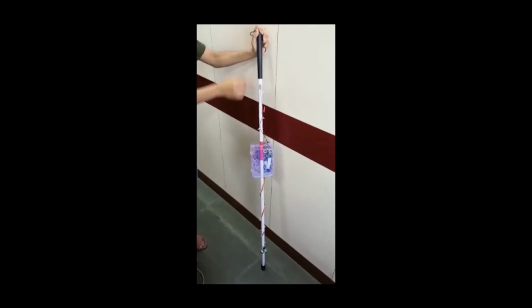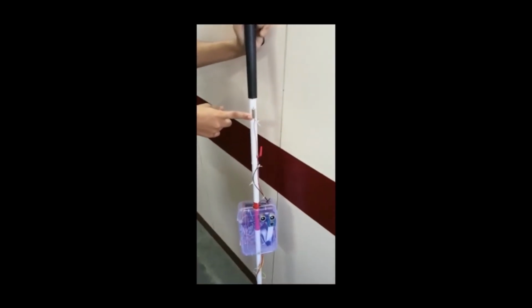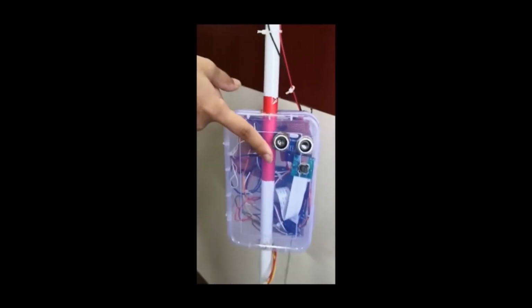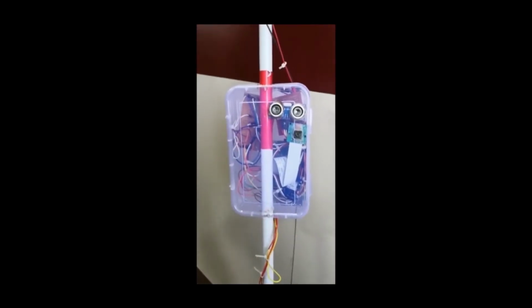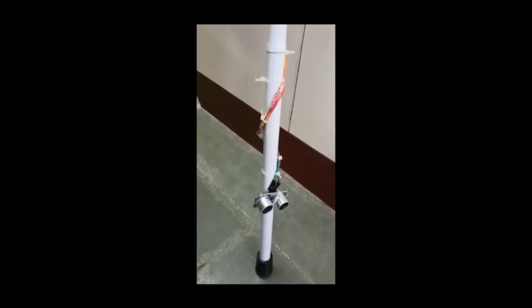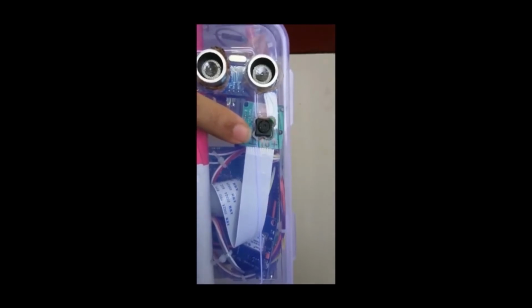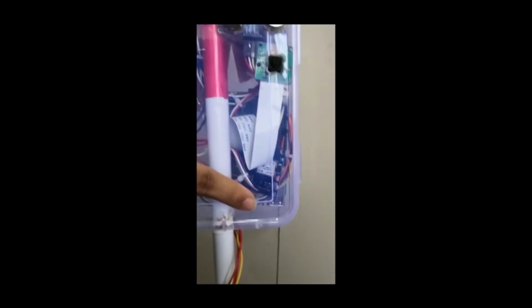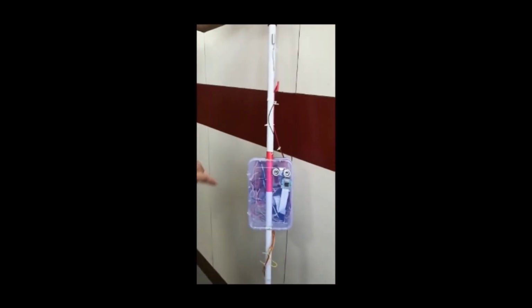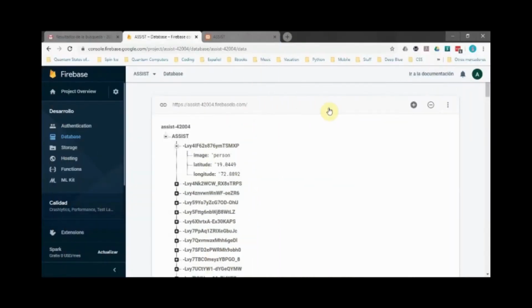So this is the basic design of our smart blind stick. At the top is the vibration motor that will vibrate, alerting about the obstacles in the way. There is an ultrasonic sensor inside the box that measures the distance between the stick and the obstacle. The other ultrasonic sensor measures the depth in case of potholes and undulations, etc. This is a PiCam that captures every 5 seconds. Here is the GPS sensor that will be placed at the top of the box. This whole unit will be mounted over the smart stick, including the power bank.